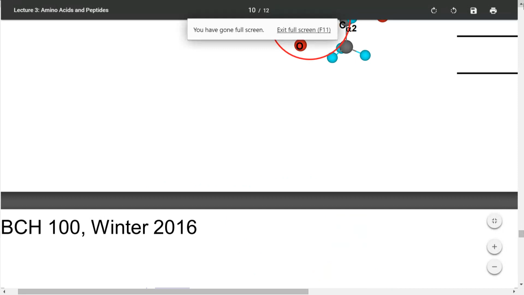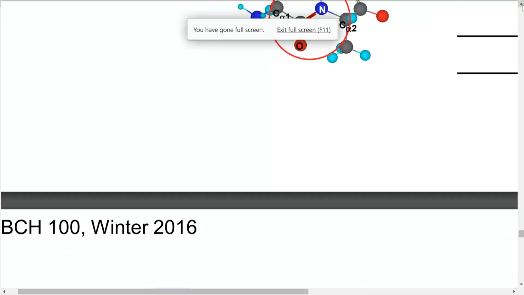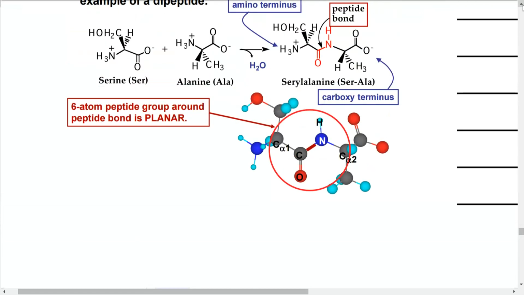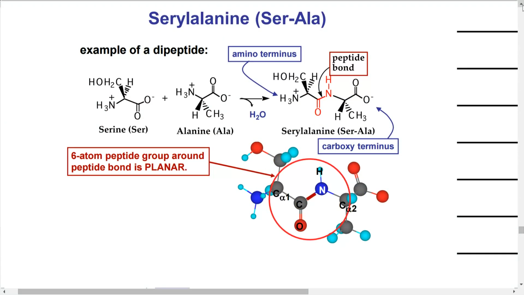The peptide bond is formed by a condensation reaction, meaning we're going to have a loss of water, sometimes also known as dehydration synthesis. Every time we form a peptide bond, there'll be a loss of water between these groups, forming an amide bond, constraining 6 atoms to lie within a plane. This very special structure, the peptide bond, is going to have significant consequences when we talk about higher order structures, besides just the sequence of amino acids that makes the primary